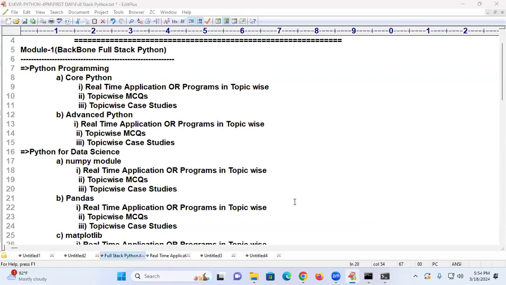Don't think that all of a sudden it will come and within a month or a couple of years impact the whole world. Yes, sir. AI has been there for many years, but these days it has become so popular. And AI implementation starts with Python only. So it may affect other jobs, but may not affect Python people.